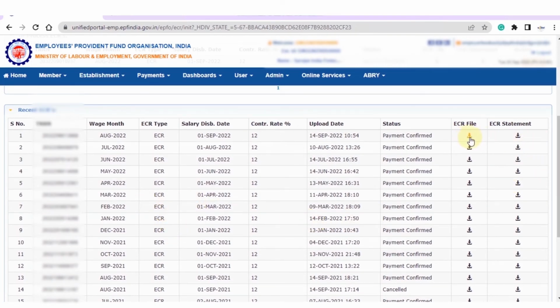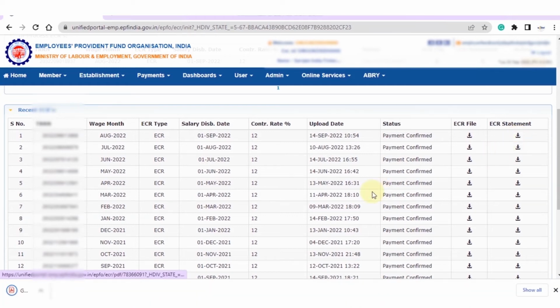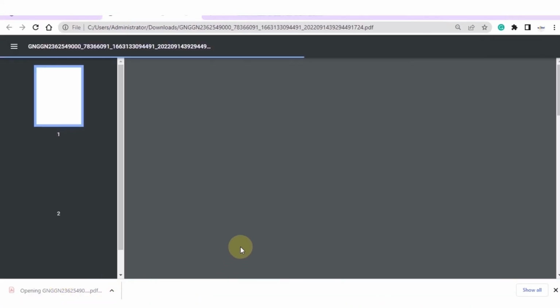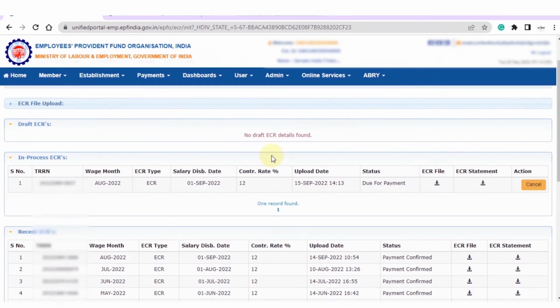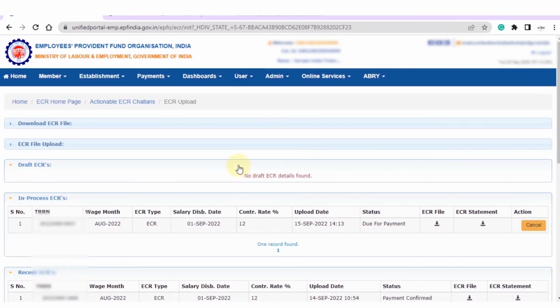If I click on the ECR file download button, the ECR file I have uploaded in that return will get downloaded. And if I click on this button, the ECR statement download button, a generic PDF statement will be downloaded to the system, showing the details of the employer about the contribution and the period for which the details have been uploaded. Now, if I wish to upload the return for the current month, then I would go to the ECR file